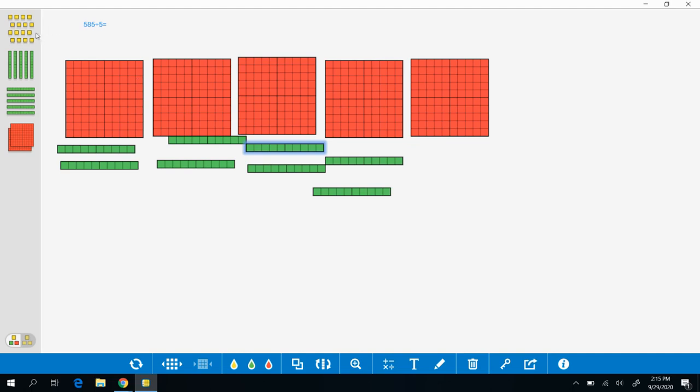Then I need 5 ones. 1, 2, 3, 4, 5. So make sure you have the number represented in a model first,